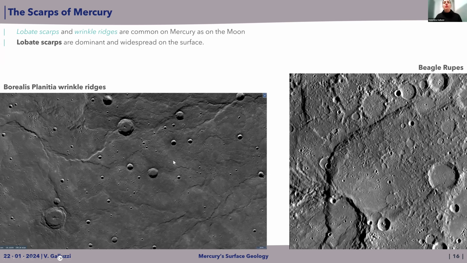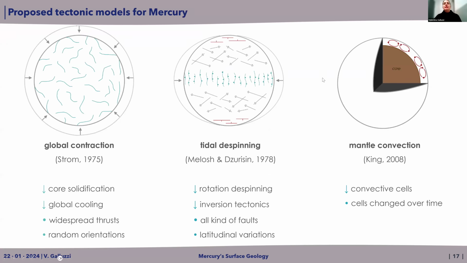Wrinkle ridges are found also on the lunar maria, but we don't have as many wrinkle ridges as on Mercury. So on Mercury, we have thousands of scarps, and scientists have tried over time to reconstruct the tectonic history